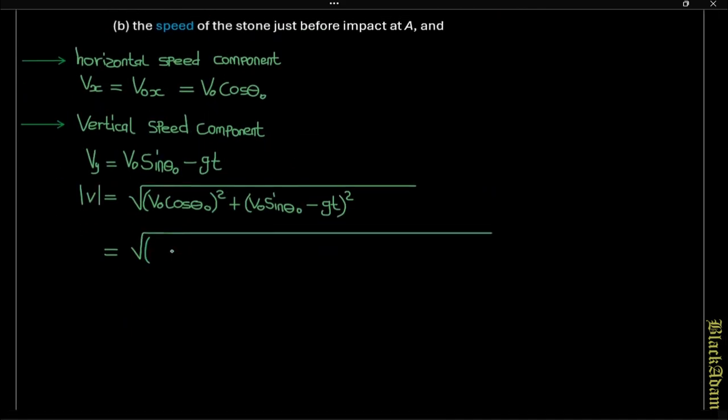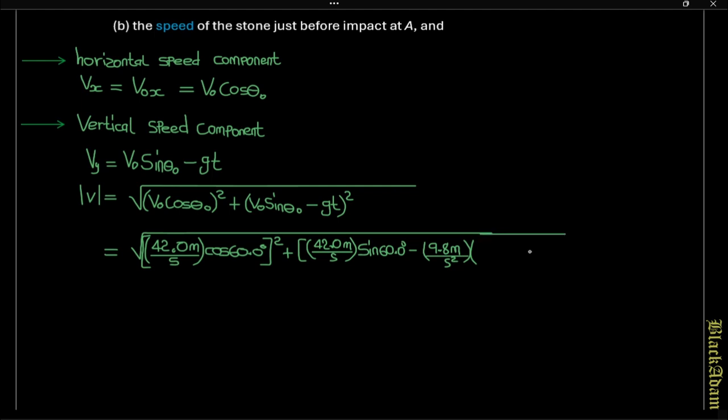So our initial velocity is 42.0 meters per second, and then multiply by cos 60 degrees. Remember, cos 60 degrees is half, so it's going to be 21. So it's going to be 21 squared plus initial speed, that's 42.0 meters per second, and multiply by sine 60 degrees. Okay, so 60 degrees, and then minus, we have g is 9.8 meters per second squared, and then multiply by